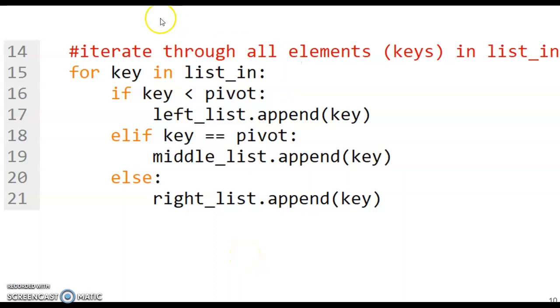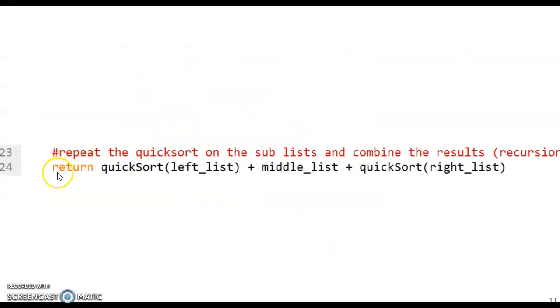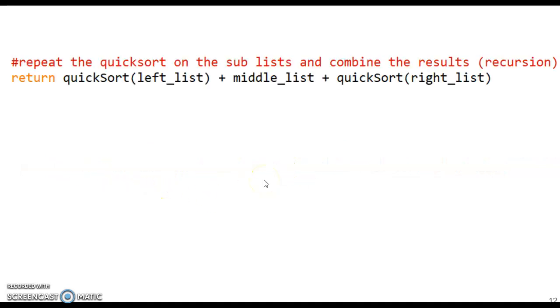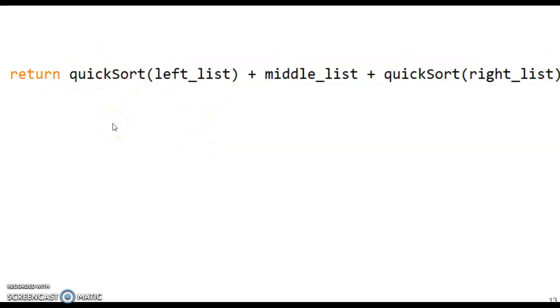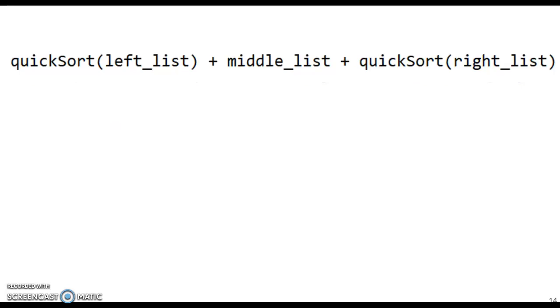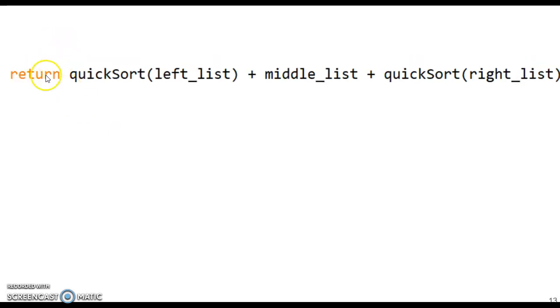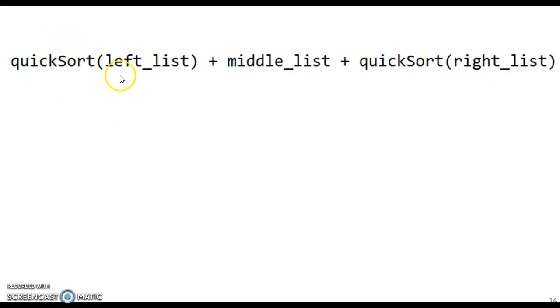So now that we've compared the key to the pivot, it's time to go to the heart of this algorithm, as I call it. So this one line, kind of a return statement here, but yet it does so much more than that. So looking at a bit bigger here, we've got three things going on. And if we ignore the return keyword for just a moment,